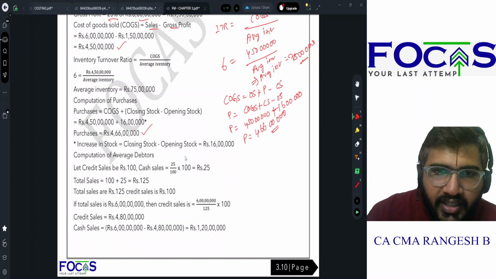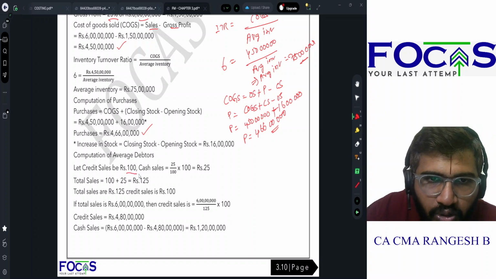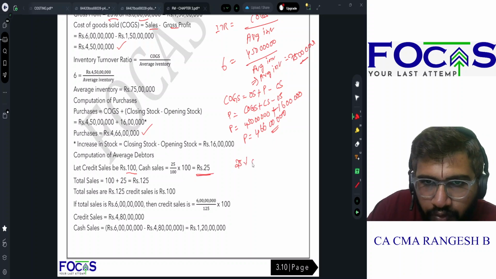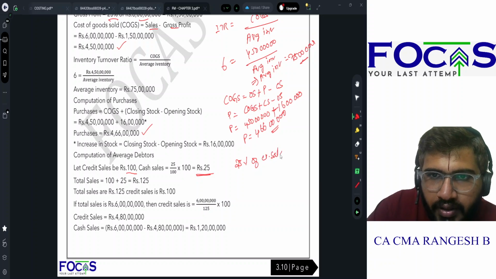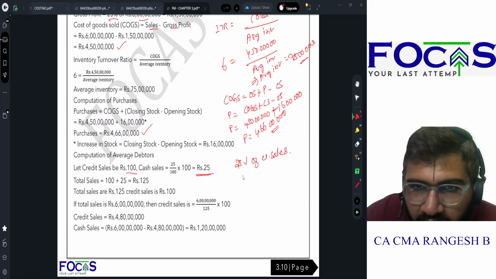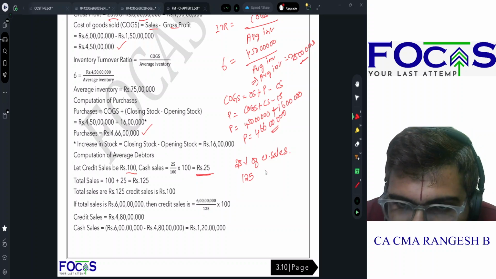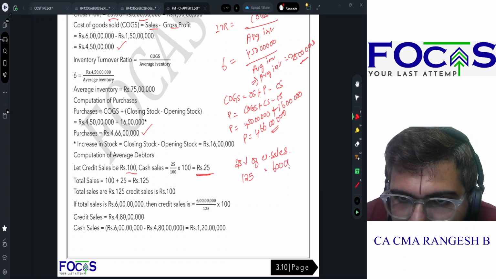Computation of average debtors. So now if credit sales is rupees 100, cash sales is 25 rupees, ஏன்னா 25% of credit sales னு கொடுத்திருக்காங்க. Correct? Yes or no? Super. So my total sales will be how much? 100 plus 25, 125. So இப்ப 6 crores அப்படிங்கிறது 125 இருந்தது அப்படின்னா